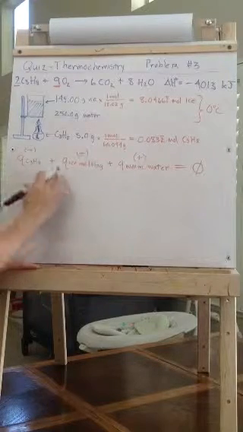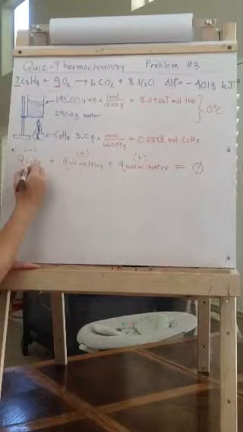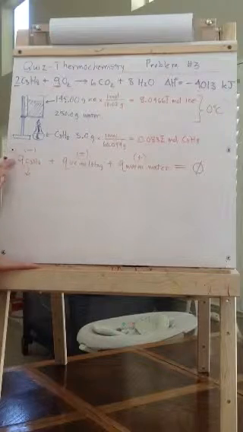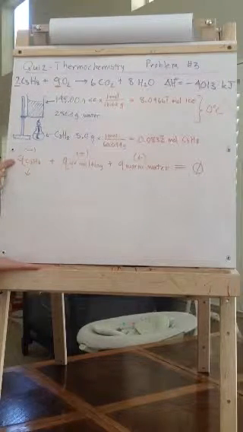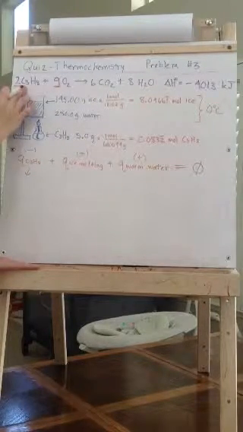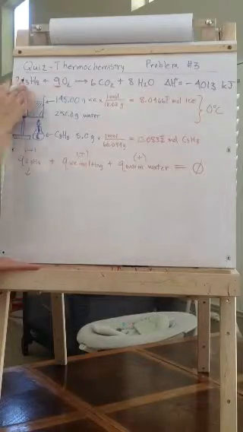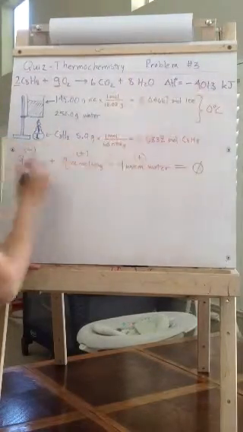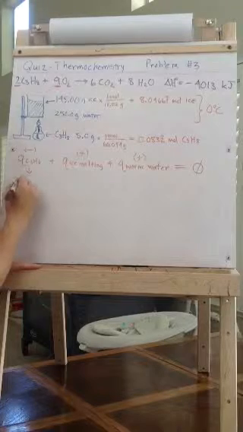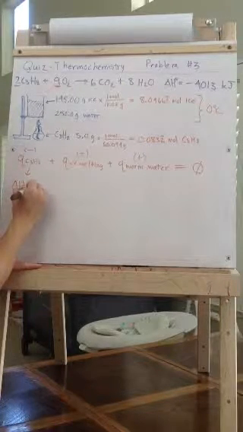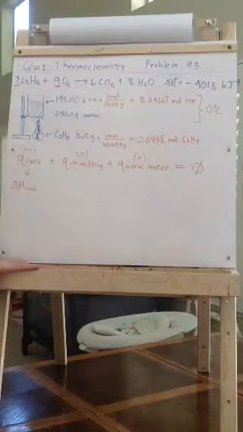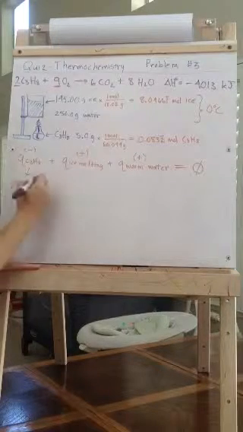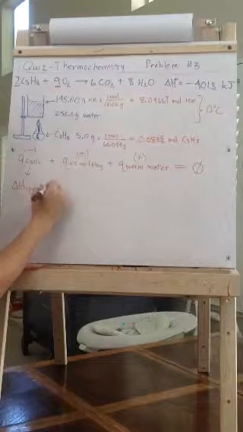Now I have to replace all these Q's with the different expressions that they represent. So the first one, this is the heat generated in the reaction of isopropyl alcohol burning. So it's the reaction that I had in part A. I already calculated the enthalpy change for that reaction. So it's the enthalpy of combustion for that reaction in part A times the moles of isopropyl alcohol that actually